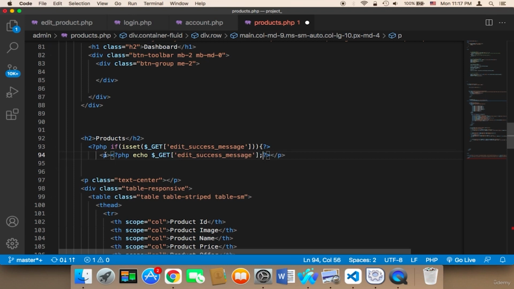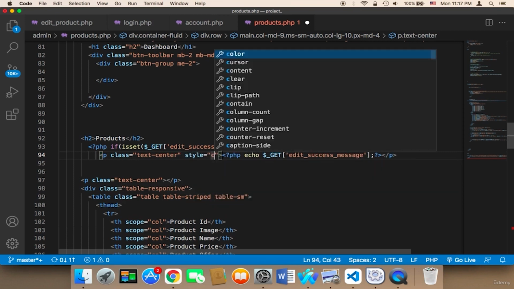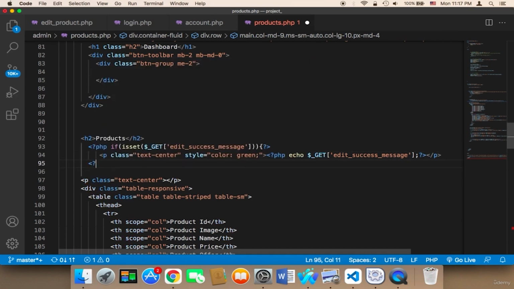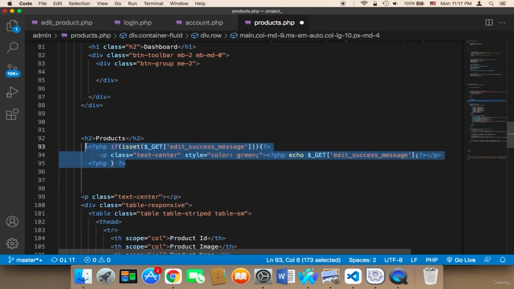and I'm gonna add to this message a class text center and color. The color is gonna be green. I'm gonna say style color green, and then I'm gonna close the PHP code with a curly bracket, and then close this. And in case of failure, in case we have an error and we want to display an error,